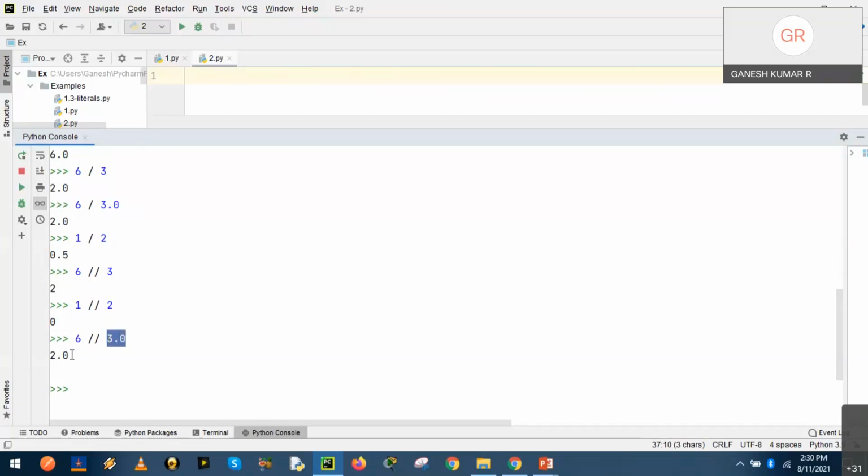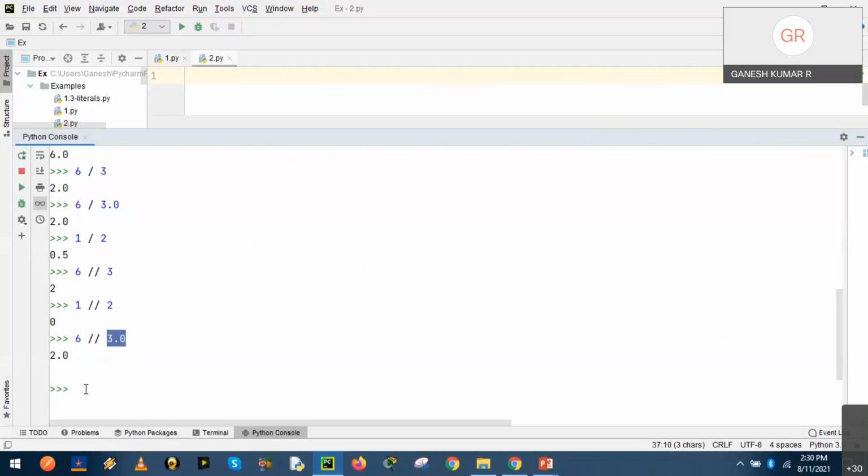The result of the integer division is always rounded to the nearest integer value that is less than the real value. It's very important. The rounding always goes to the lesser integer. 1 divided by 2 is 0.5. Rounding to the lesser integer is 0. Sometimes we may think 10.6 will be rounded to 11, 10.9 rounded to 11, no? But with integer division, rounding always goes to the lesser integer. 10.6 or 10.7 will remain as 10.